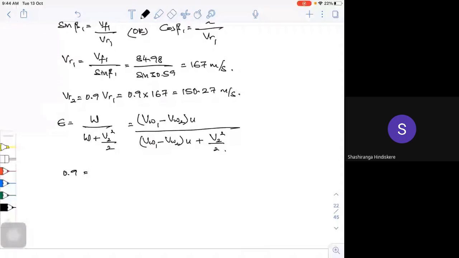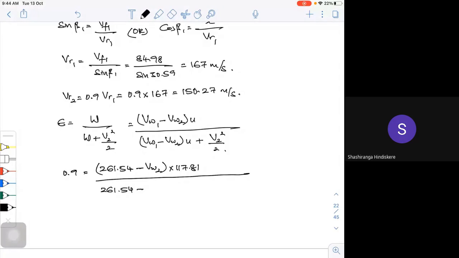VW1, just now we calculated, is 261.54. So 261.54 minus VW2 into U, 117.81, divided by 261.54 minus VW2 into 117.81